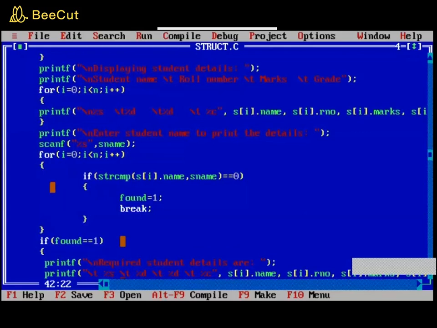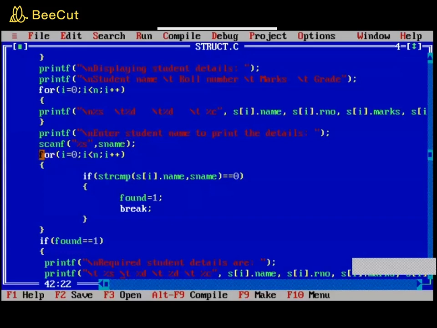Okay, so for this I have used a simple variable s name. I haven't used a structure variable. I'm not using a structure and taking a member from there. Normally in my main only, I have created a variable by the name of s name and I am using it. Here I am asking to enter whose information you want to display, enter that student's name. And I'm scanning that student's name from here.